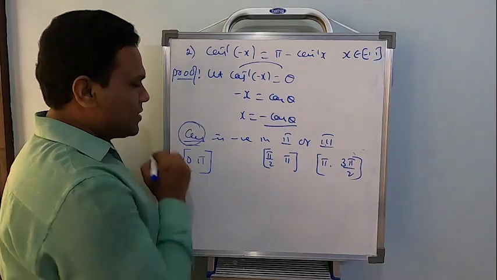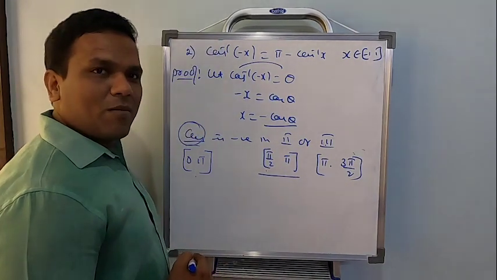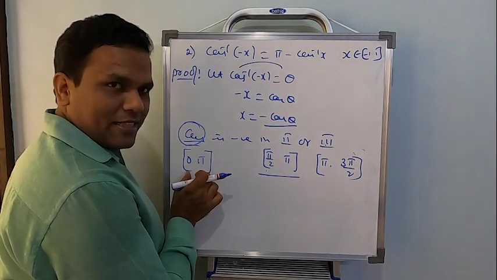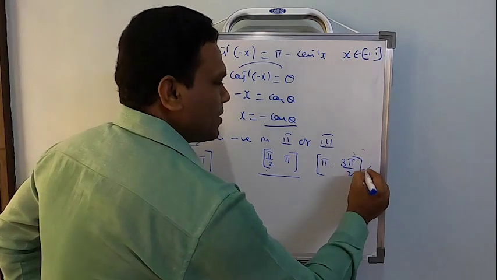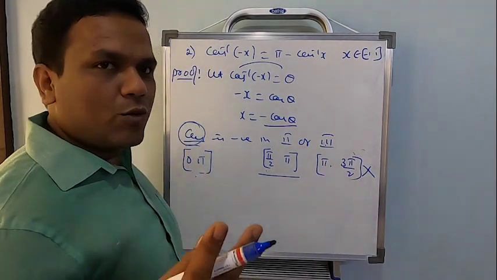The domain of cos was 0 comma pi. Look at that. This is the value which lies between 0 comma pi. Surely pi by 2 to pi is a value which lies in this interval, correct? Now, so this interval should not be taken. Why am I telling this? Cos is negative in two quadrants.